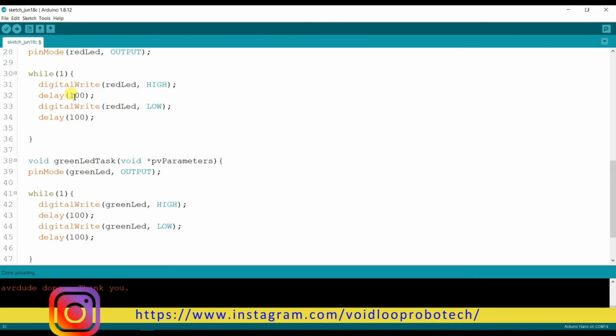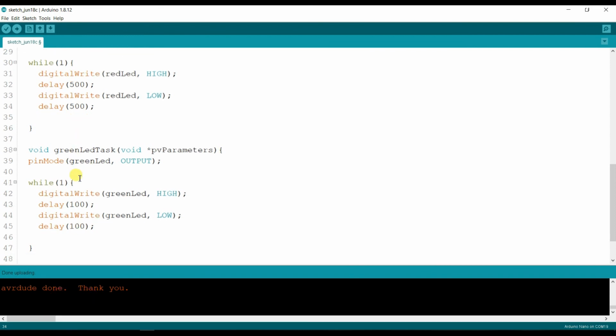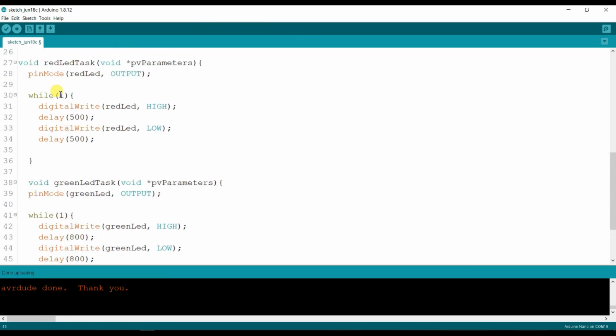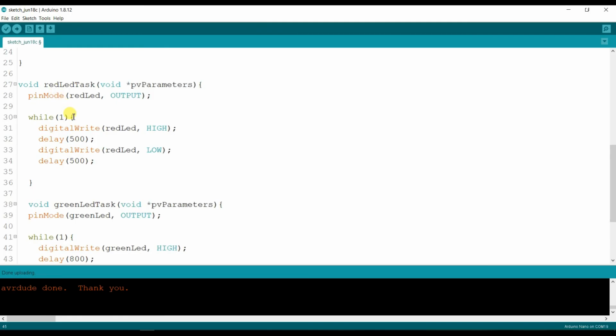And here I will use 500 millisecond, and here 800 millisecond. Means the green LED will blink with an 800 millisecond delay, and the red LED will blink with a 500 millisecond delay.